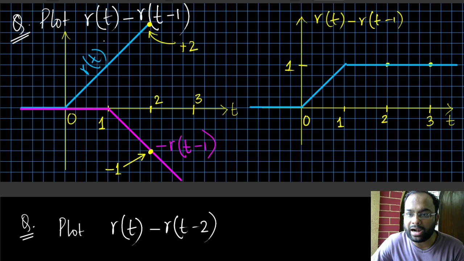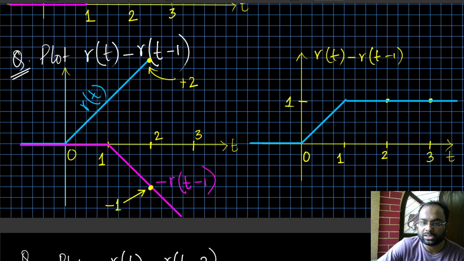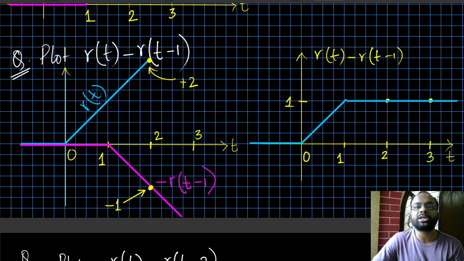So we are adding RT with minus RT minus 1, right? So we have plotted RT. So this cyan one is RT, and this pink one is minus RT minus 1, right? So we are adding these two signals. So now if this was just RT, the signal will have a slope of 1, and that will be just RT, right? But at t equal to 1, this new portion, which is minus RT minus 1, is appearing here, right? And this portion will specifically reduce the sum, right? So now with this, what is happening is,